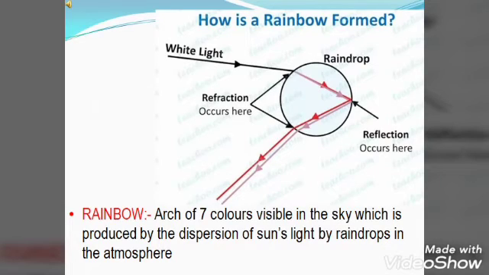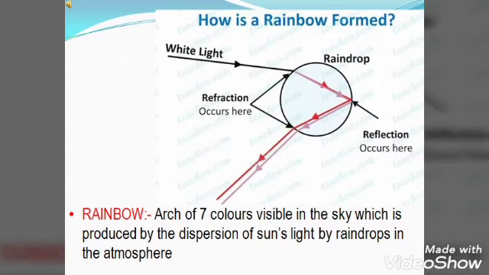The formation of the rainbow can be explained with the help of a diagram, which I have already shown. So you can say a ray A of white sunlight AB enters the raindrop at point B and undergoes refraction and dispersion to form a spectrum. This spectrum undergoes total internal reflection, that is TIR, at point C within the drop, and is finally refracted out of the raindrop at point D. This spectrum produced by the raindrops in the atmosphere is seen from the earth.